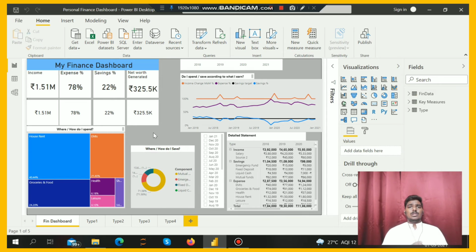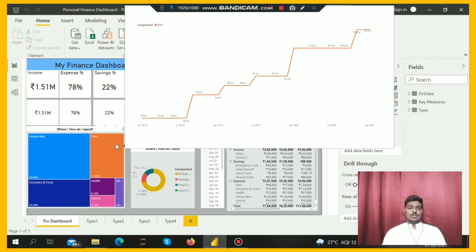The donut chart is very useful to show category-wise distribution. So where and how do I save? As you can see, mutual funds are taking a very large area. So yes, we can save on mutual funds.